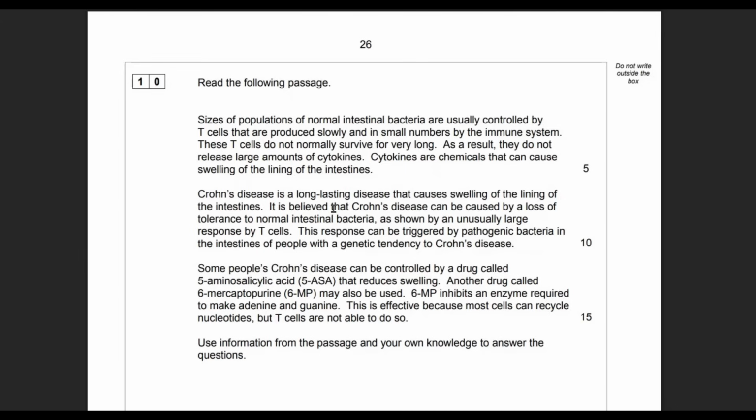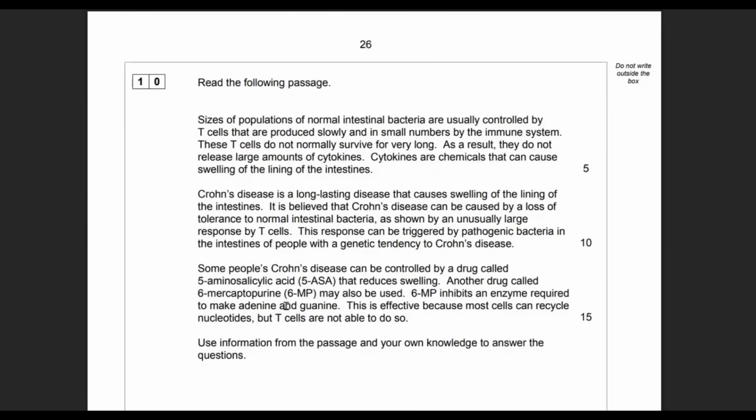Crohn's disease is a long-lasting disease that causes swelling of the lining of the intestines. It's believed that Crohn's disease can be caused by a loss of tolerance to normal intestinal bacteria, as shown by an unusually large response by T cells. This response can be triggered by pathogenic bacteria in the intestines of people with a genetic tendency to Crohn's disease. Some people's Crohn's disease can be controlled by a drug called 5-aminosalicylic acid, or 5-ASA, that reduces swelling. Another drug called